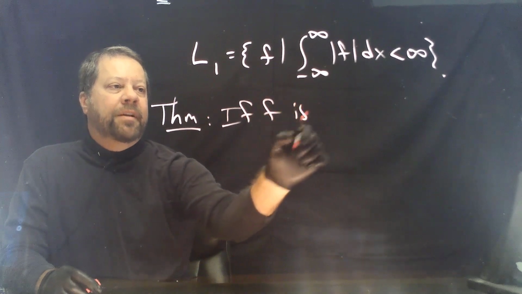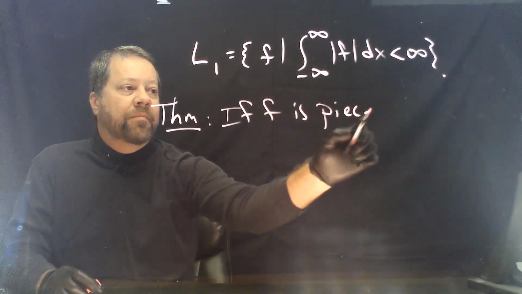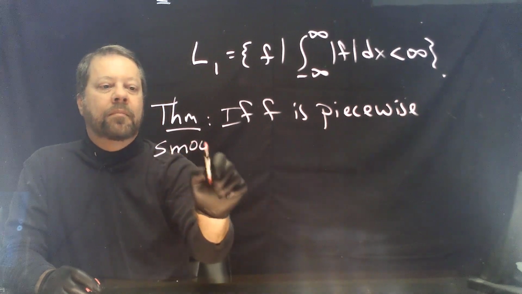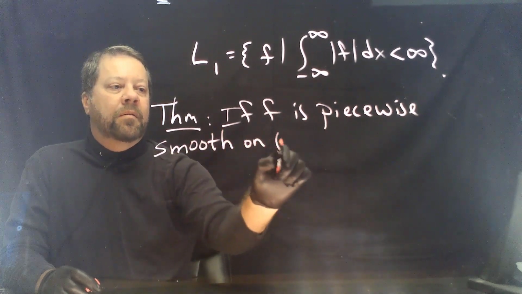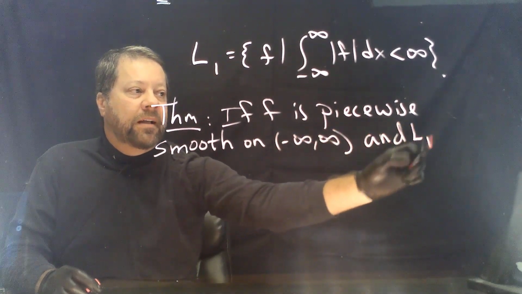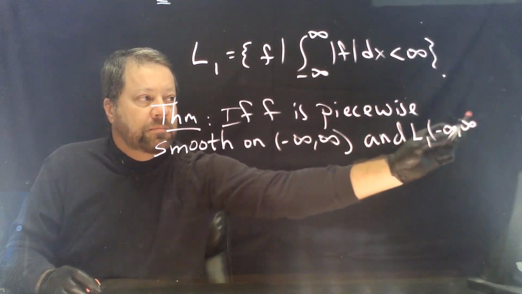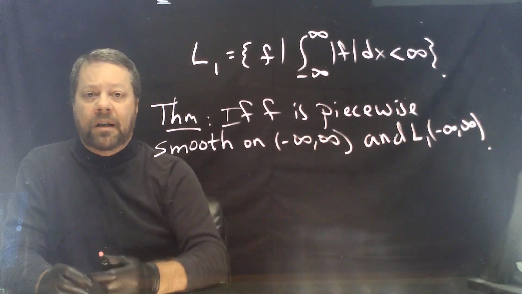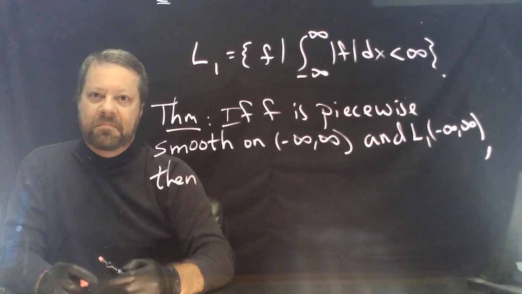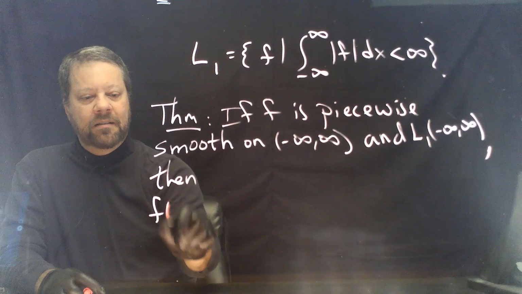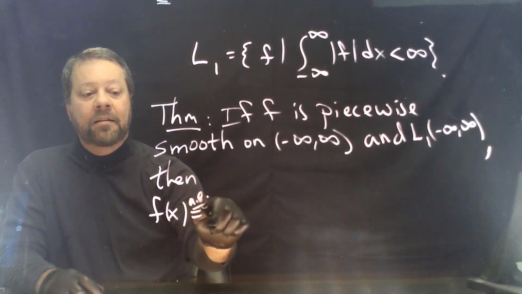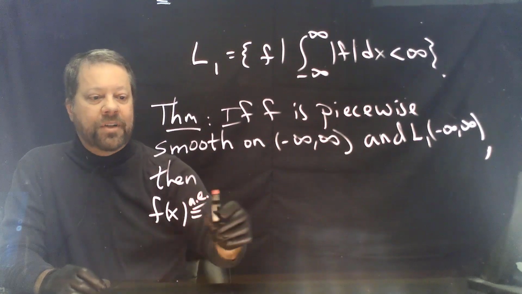If f is piecewise smooth, and L1 on the real line, then our function can be represented, and again, this is in the sense of almost everywhere,